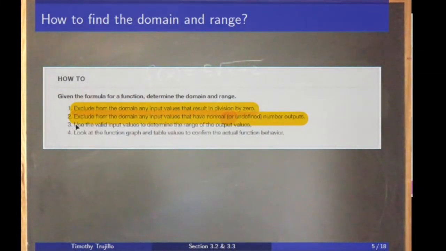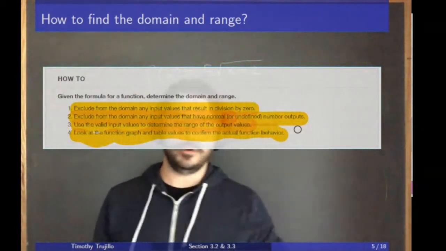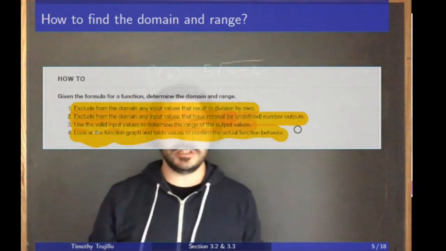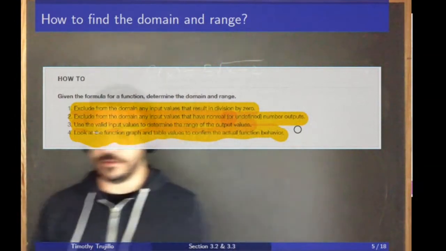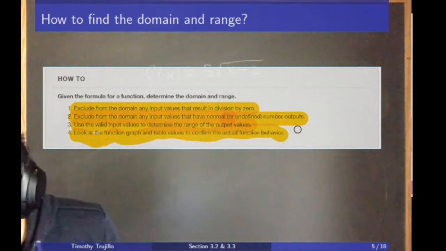And then here, we then use those values to determine the output values. So these first 2 steps will tell you the domain, what you exclude from the domain, and then you'll use that information to determine, okay, what's the actual output? And then finally, they suggest graphing it on some sort of graphing calculator or maybe online somewhere. There's lots of nice graphing calculators online for free, and just checking to see that it matches up with what you expect graphically. And we'll talk about here in a moment how to find the domain and range graphically. It's much easier than this. Okay, so let's come back to that